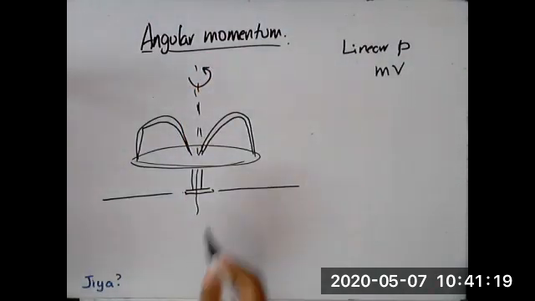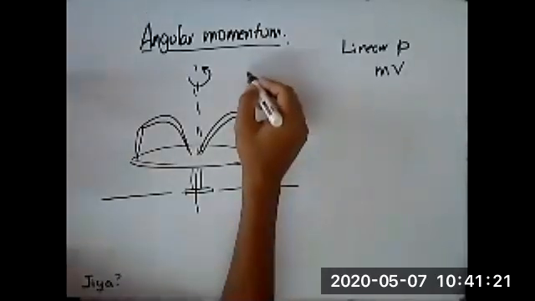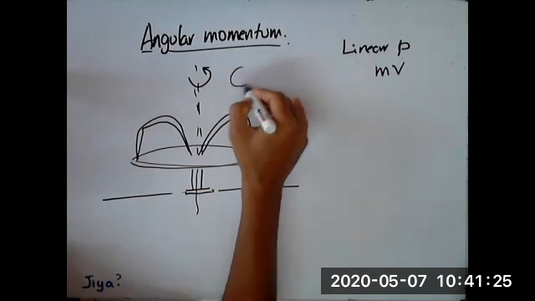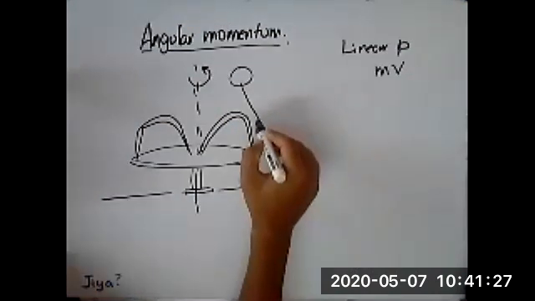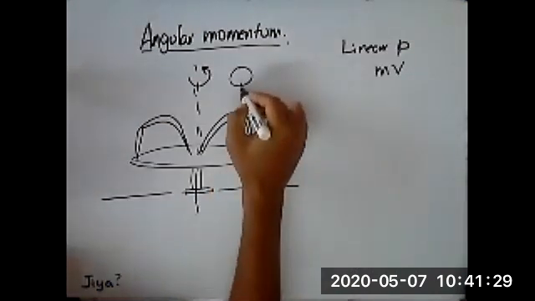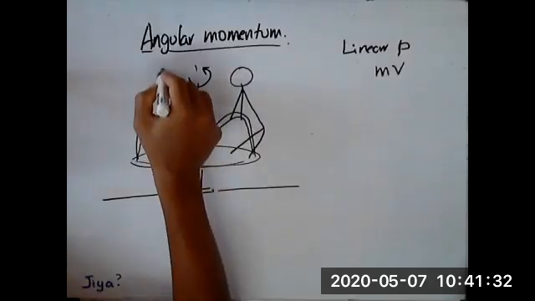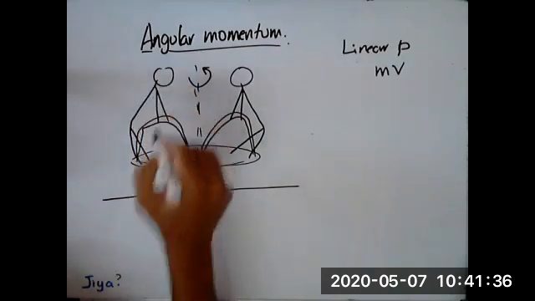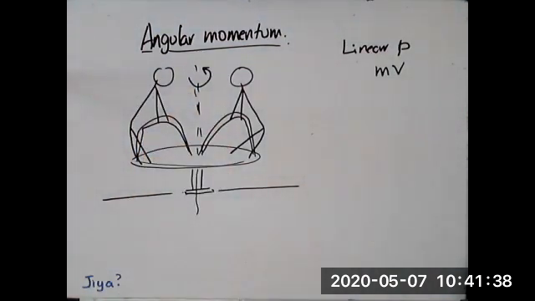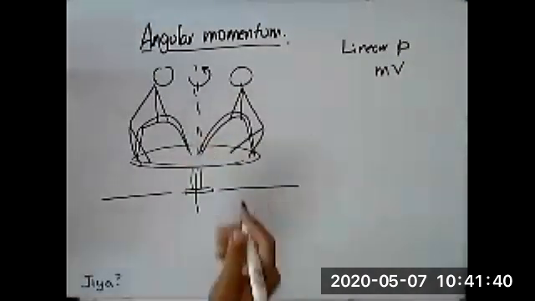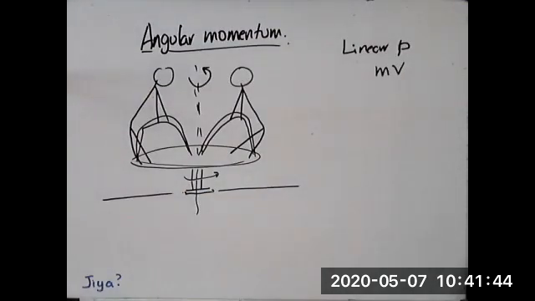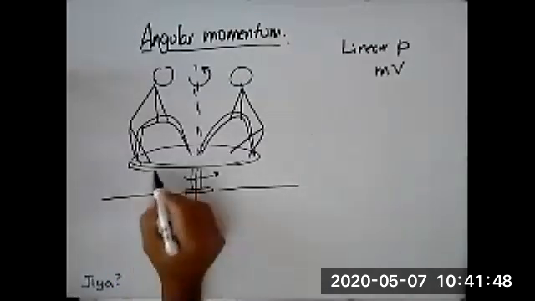I have asked students to do this, which is that I asked them to stand on this and hold on to the bar like that. Then you start them spinning. Somebody gives a push. Obviously, you have to give a push from outside. You have to give a torque in order to get it to start rotating.